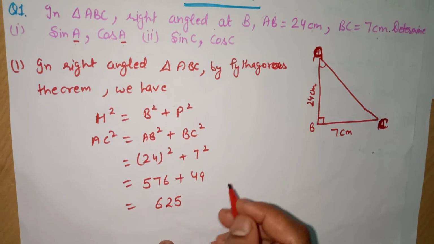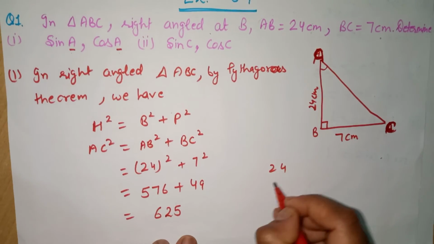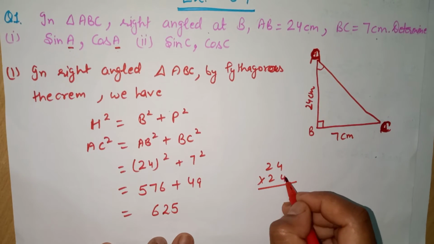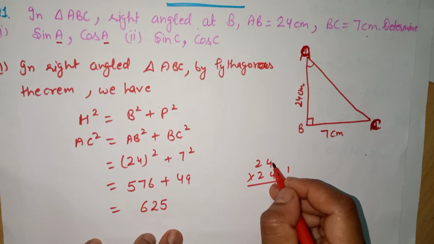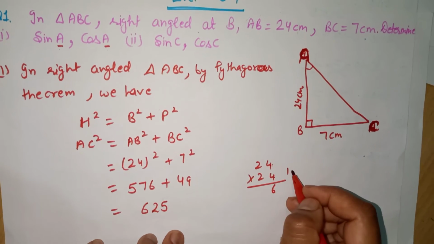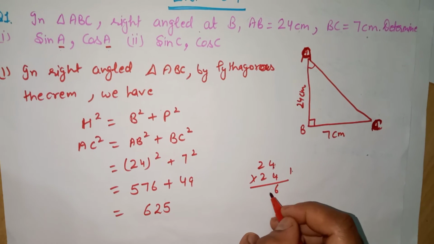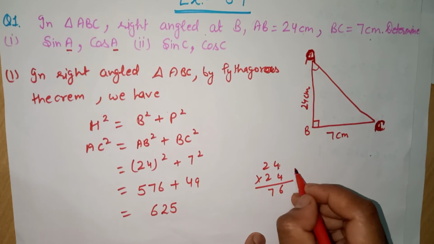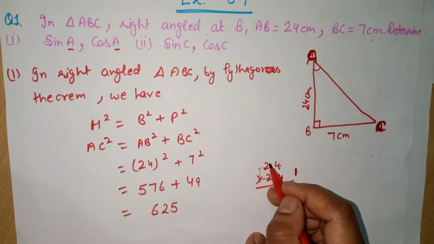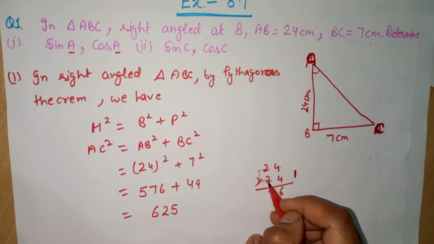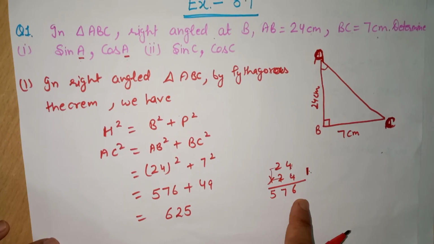If you don't remember the square of 24, then you can find it by my short trick method. Here first of all multiply 4 times 4, that is 16, and then cross multiply and add them and add the carry digit in between them. So 4 times 2 is 8, 4 times 2 is 8, 8 and 8 is 16, 16 and 1 carry is 17. Again 1 is the carry, and then multiply the tens digit number and add the carry digit. 2 times 2 is 4 and 1 is 5. So you can easily find the square of a double digit number in this way.